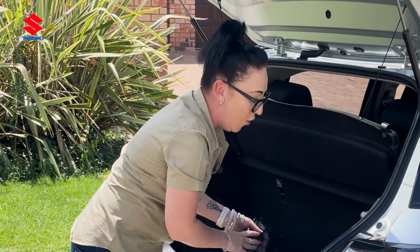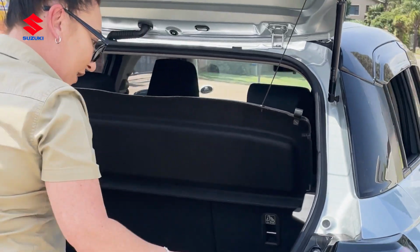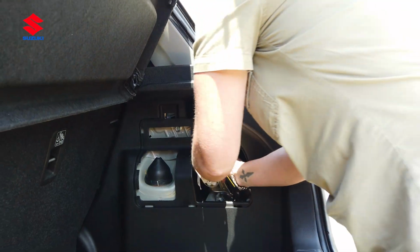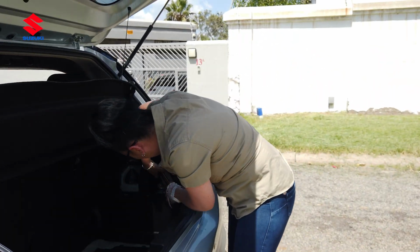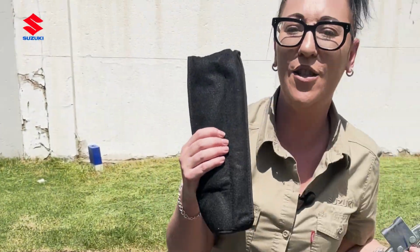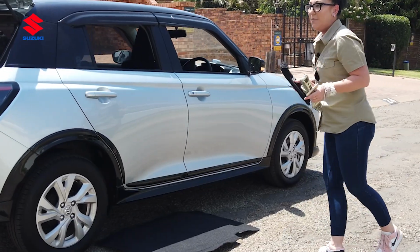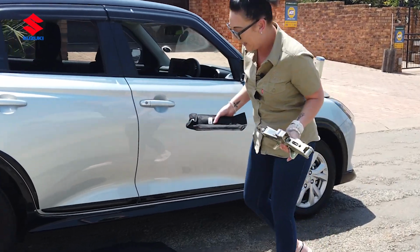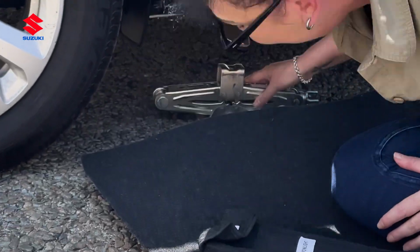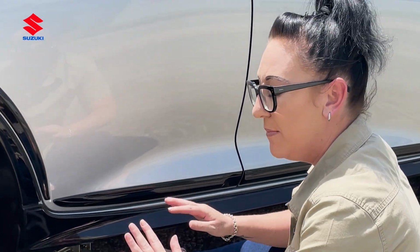First thing we have to look for after putting your triangle out, which is the most important, is your tools. You cannot change your tire without your tools. And ladies, the workshops always fit them so nice and tight for us. You'll also have a second set that you would definitely need, otherwise you're not going to get it right. So the tricky part, ladies and some of the gents, is to find the jack spots. And if you look underneath your vehicle,